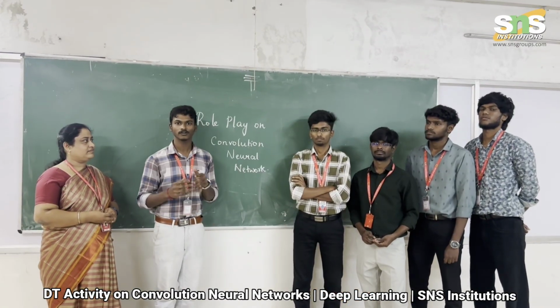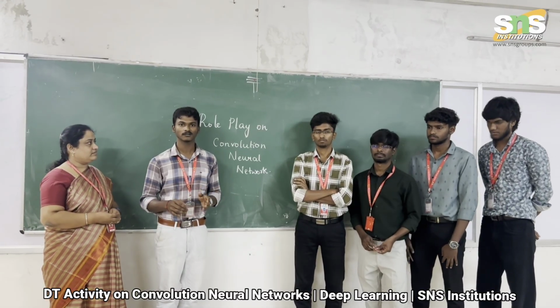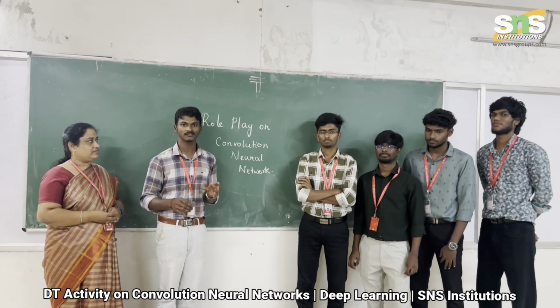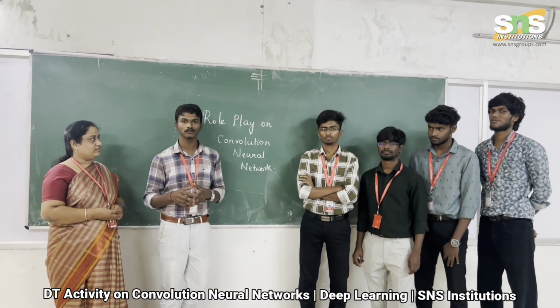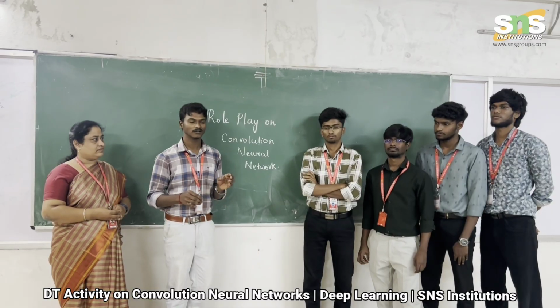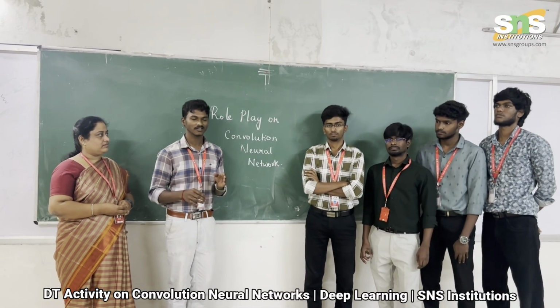Myself Hamish, I am going to explain why we use the CNN. So CNN is nothing but convolutional neural network. In deep learning we have a dense layer. In this dense layer they have a non-linear capability to predict the objects. But if we want to use the dense layer in the CNN, it could not predict that because the images are